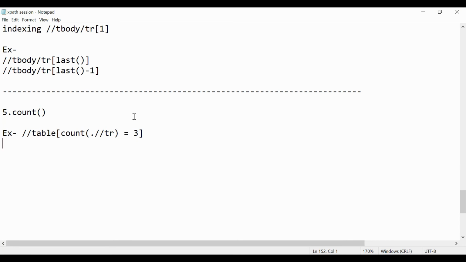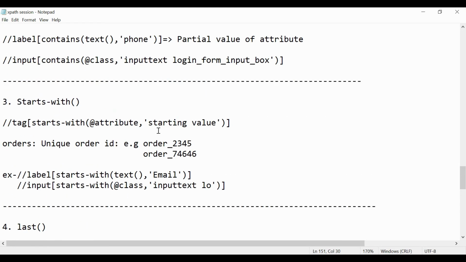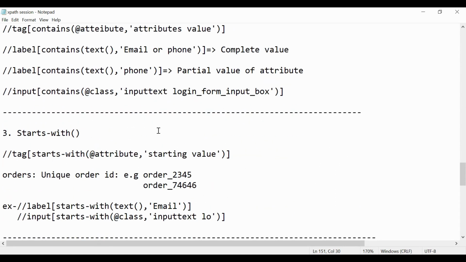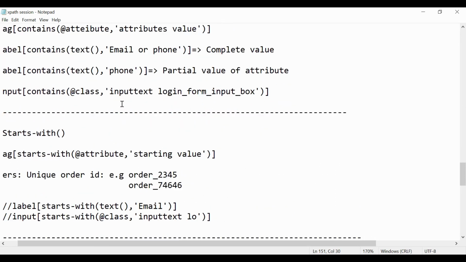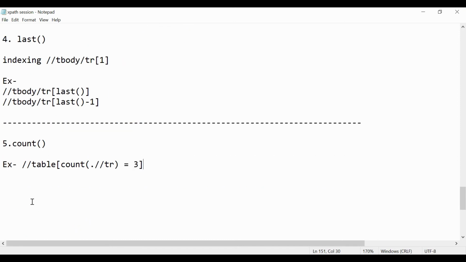I think all the functions are covered. All these are very important. There are a total of 5 functions: text, contains, starts-with are very important, and this last and count also come in very handy in some particular scenarios.